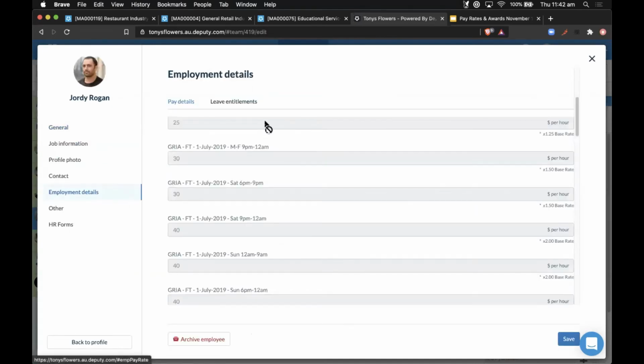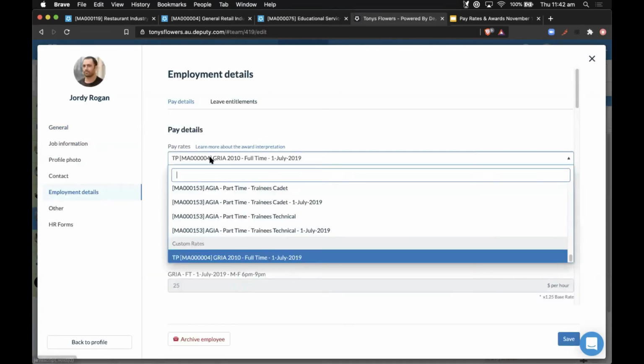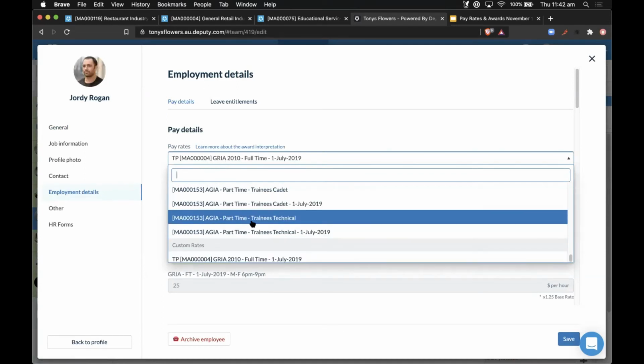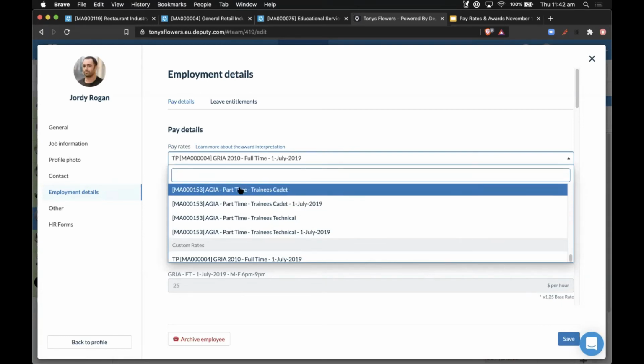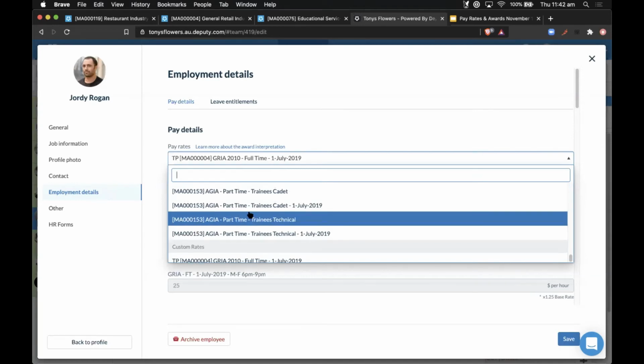Cool. While we're doing this, a really good thing to note down is area-based pay doesn't work for the current awards at the moment, but it is being worked on. How we want it to behave, or how our customers want it to behave, is that in the same way that you select the award and then can select the areas that index the different awards, that would allow someone to switch from Gria to Higa or something like that. Let's say it's a pub and they do bottle sales, and then you go work around the kitchen or something like that, that allows that kind of flexibility.